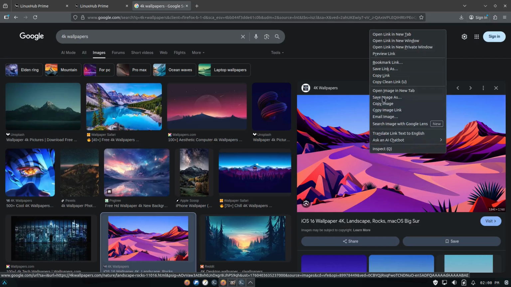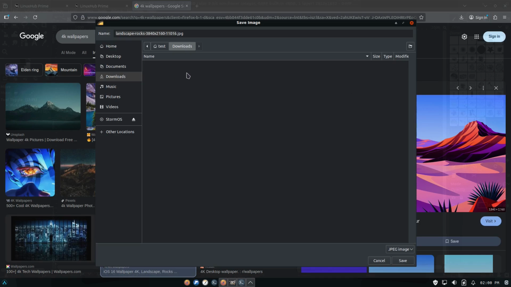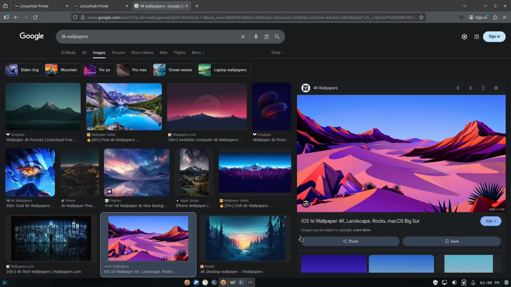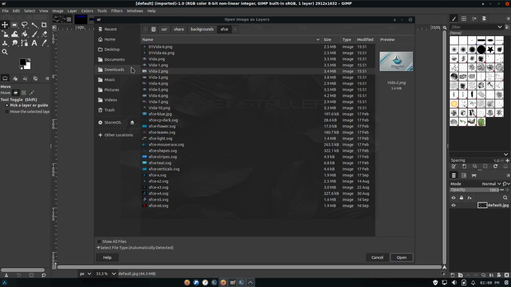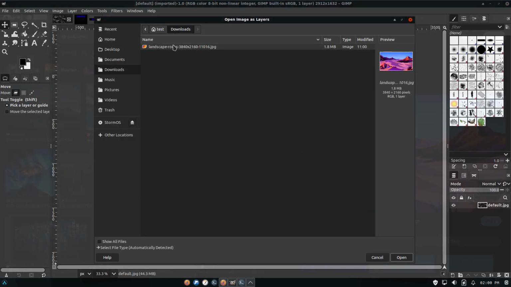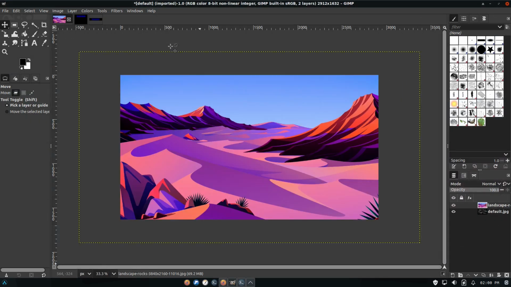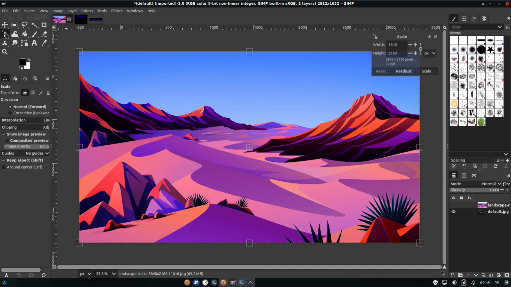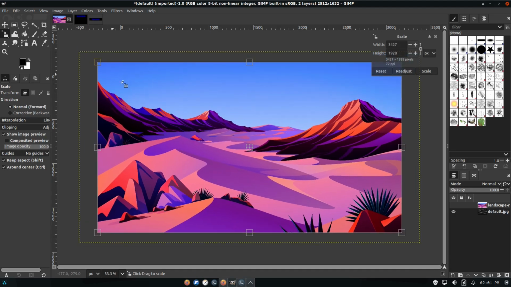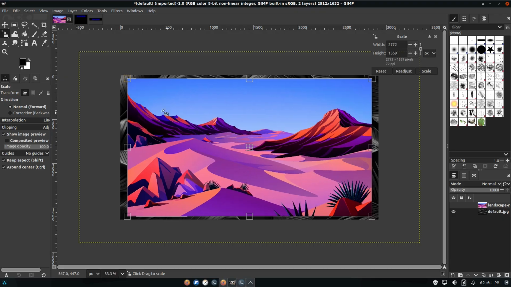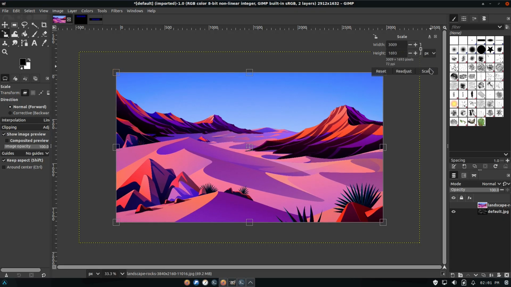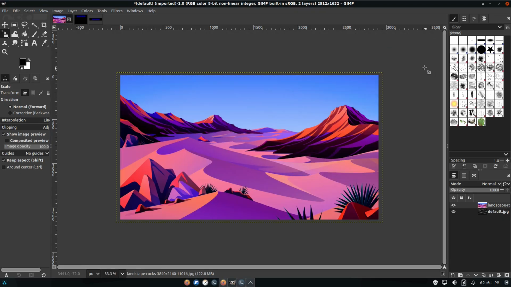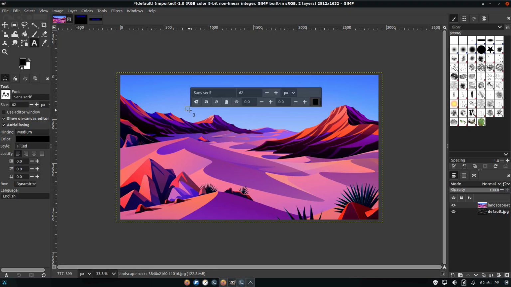Let's do save image as in my downloads folder. I'll save it there. Open GIMP back up. Navigate to my downloads folder. And I'll put this one on top of it. All right. And looks like I might have to shrink it down some. Alrighty. Scale. All right. If I want to put some text on top of this, you can. But, well, you know what? Let's try that. And I'll just put,